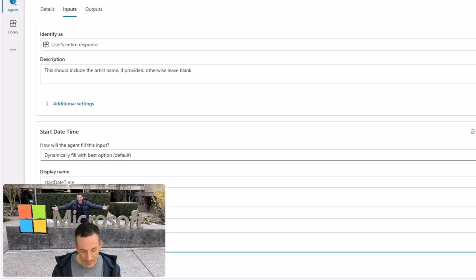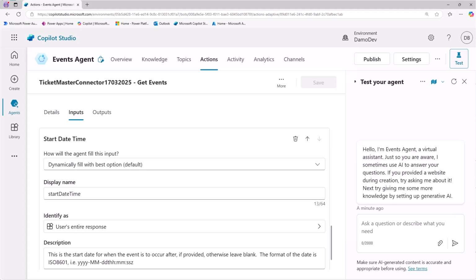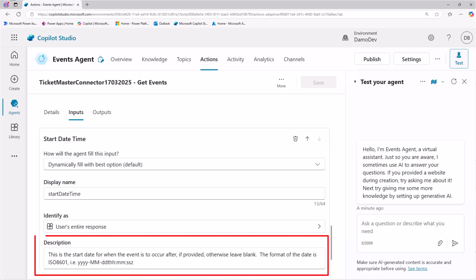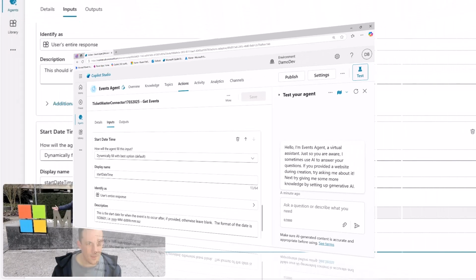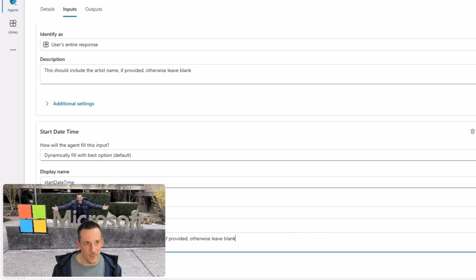And this is the start date for when the event is to occur after. So if I was to specify, for instance, the 1st of May, it would find events after the 1st of May. And again, if provided, otherwise leave blank. So I can just copy this little statement here, and we can save this, but I still think I want